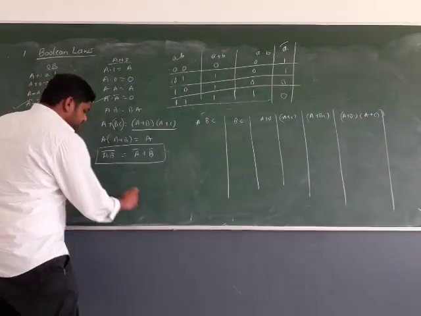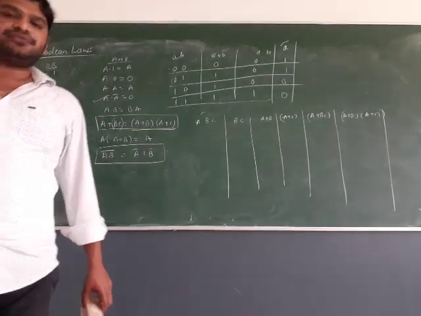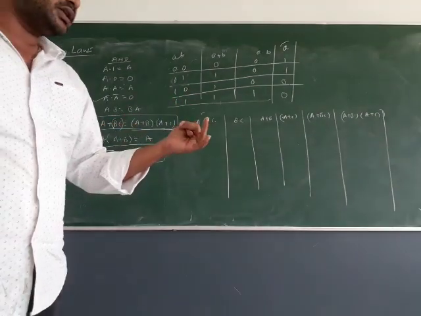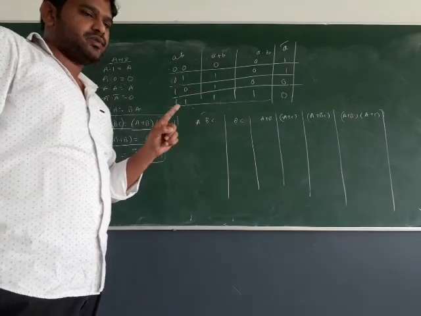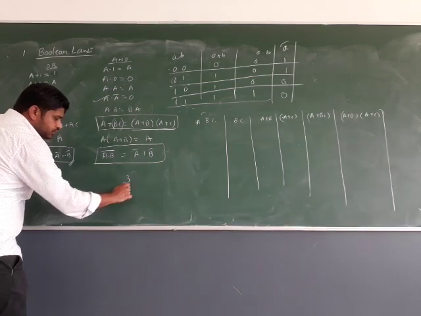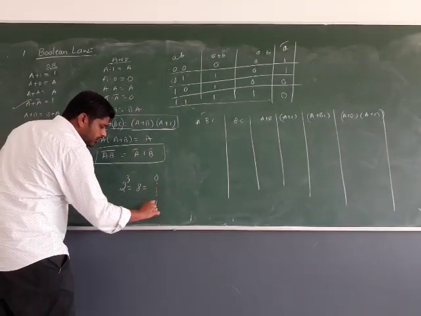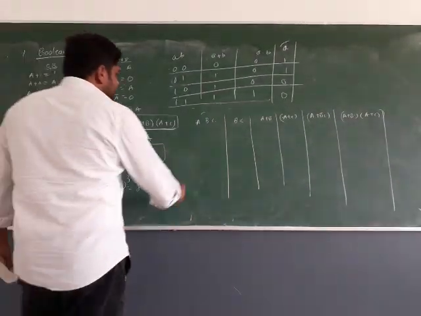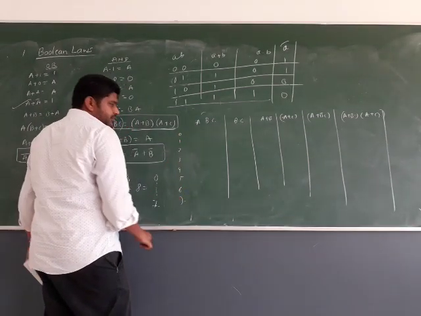Now, please consider in this total equation how many different variables there are. The first variable is A, second is B, third is C. Even though A is repeated, we still consider it as one time. So there are three variables. Raise that into the power of 2, hence we have 8. Starting from 0, go on counting up to 7, which you know from your previous subject. So here 0, 1, 2, 3, 4, 5, 6, 7.